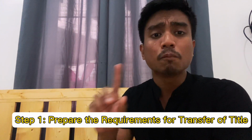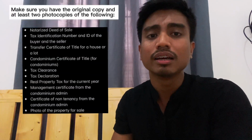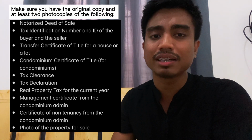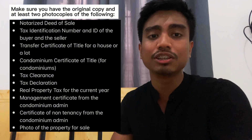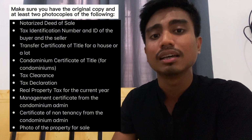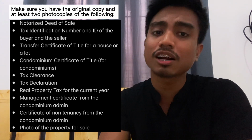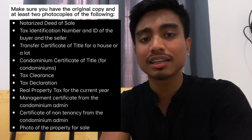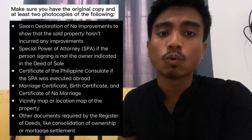Step 1. Prepare the requirements for transfer of title. Make sure you have the original copy and at least 2 photocopies of the following: notarized deed of sale, tax identification number and ID of the buyer and the seller, transfer certificate of title for a house or a lot, condominium certificate of title for condominiums, tax clearance, tax declaration, real property tax for the current year, management certificate from the condominium admin, certificate of non-tenancy from the condominium admin again, photo of the property for sale,